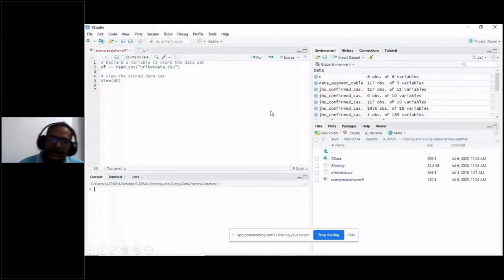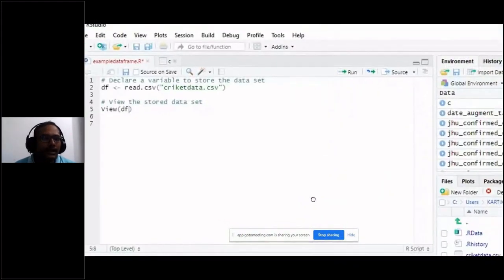See, once again, I'm moving a little bit back and continuing with that. So already I have provided this data set cricketdata.csv in your WhatsApp group. Download that and you can use that data set to verify the commands which I am going to explain to you. Say, for example, you want to read a data set into your R environment. What you have to do is you should use the command read.csv. So this is the one we want to use. I am zooming a little bit so that you can see it clearly: read.csv.